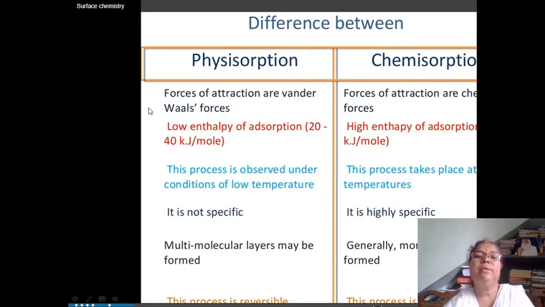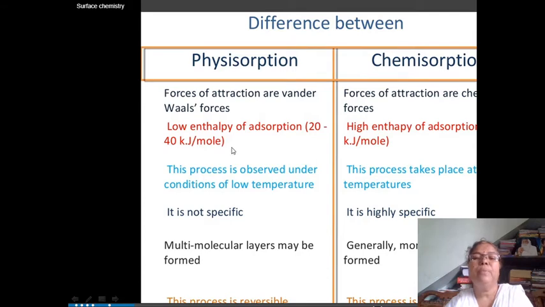The physical adsorption is also called as physisorption and chemical adsorption is also called as chemisorption. Then the first difference between physisorption and chemisorption is the forces of attraction are van der Waals forces, and here in chemisorption the forces of attraction are chemical bond or chemical attraction. Then in physisorption, low enthalpy of adsorption, and it is in the range 20 to 40 kilojoule